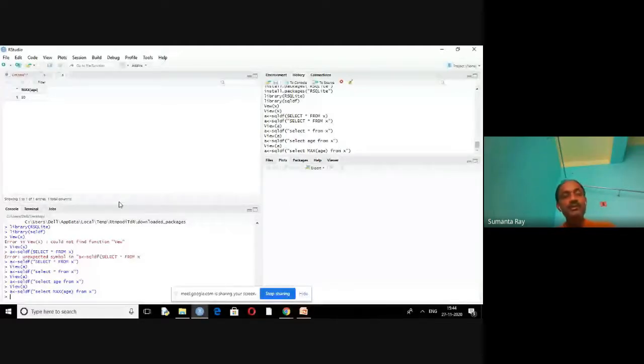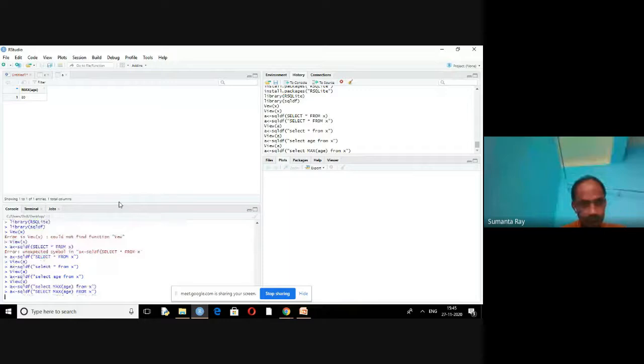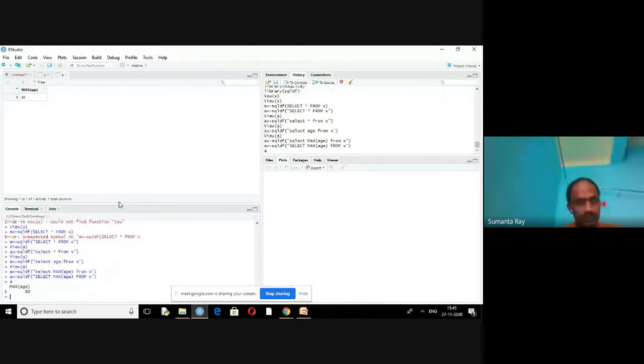You are going to find out the maximum age present in the table X. In this way, if you write it all in capital letters, that is also accepted.